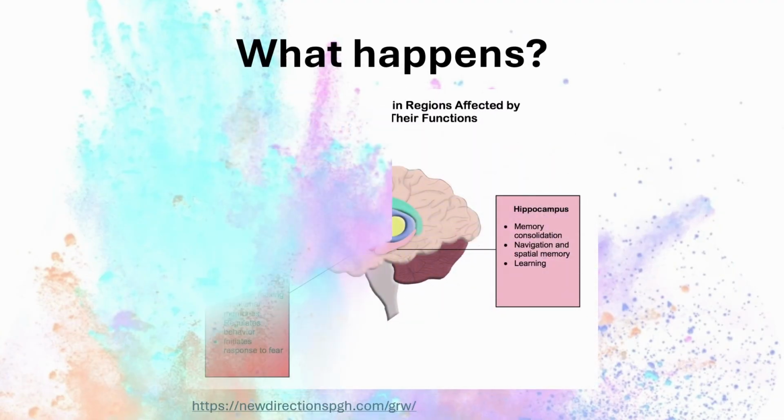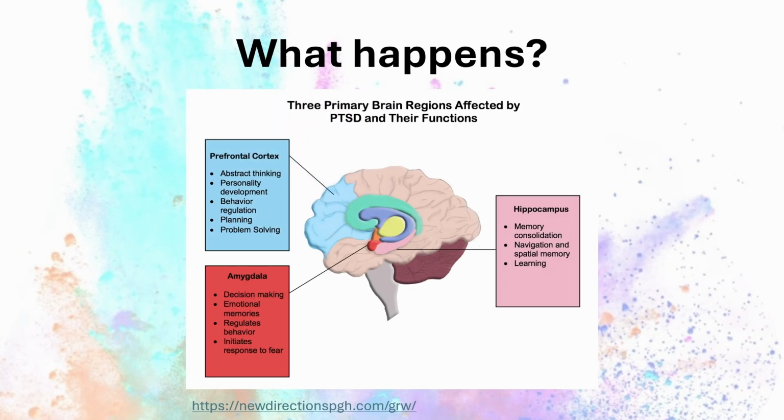Research also shows that for those living with trauma, the prefrontal cortex is less active and is suppressed, making new information that could help a person to control their fear difficult. Combined with an overactive, sensitive amygdala and a less active hippocampus, which struggles to distinguish between past and present and has incomplete or fragmented memories, the prefrontal cortex will have a harder time overriding the fight, flight, or freeze response.